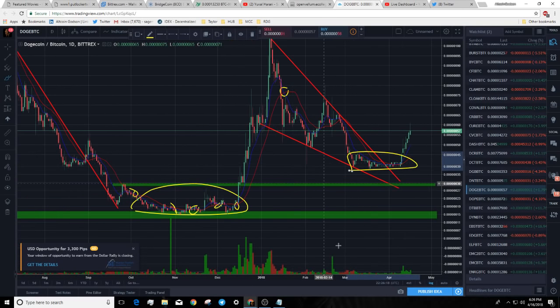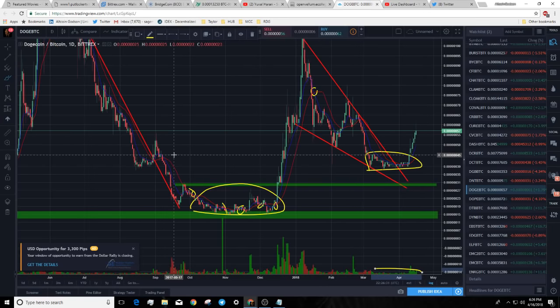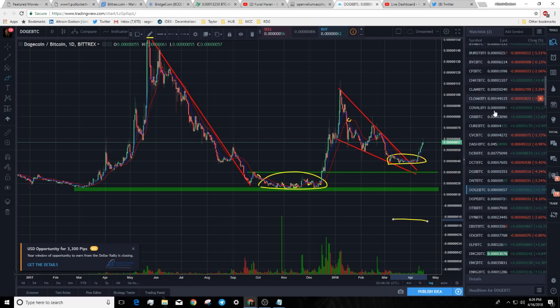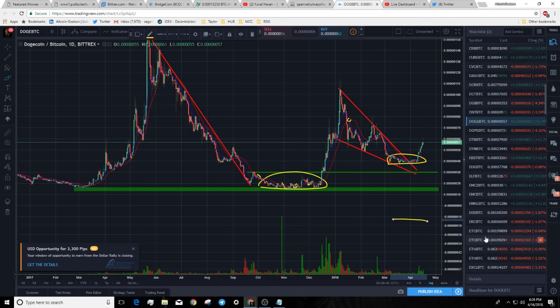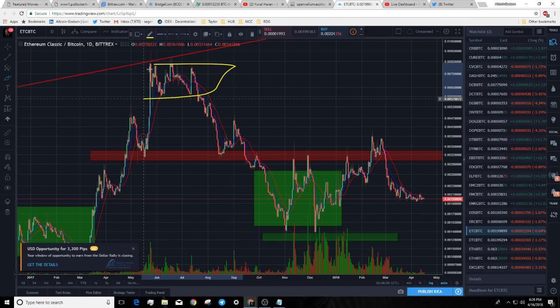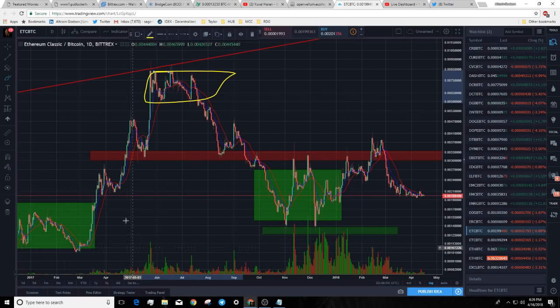But if you look at the volume bars, you can see once again it's mostly green, right down here. This is, once again, proof that it's a form of accumulation sideways and not distribution sideways. If you look at a coin with distribution sideways at the top, for example, let's use ETC, Ethereum Classic. This is the distribution sideways. It's kind of rough and dangerous, but